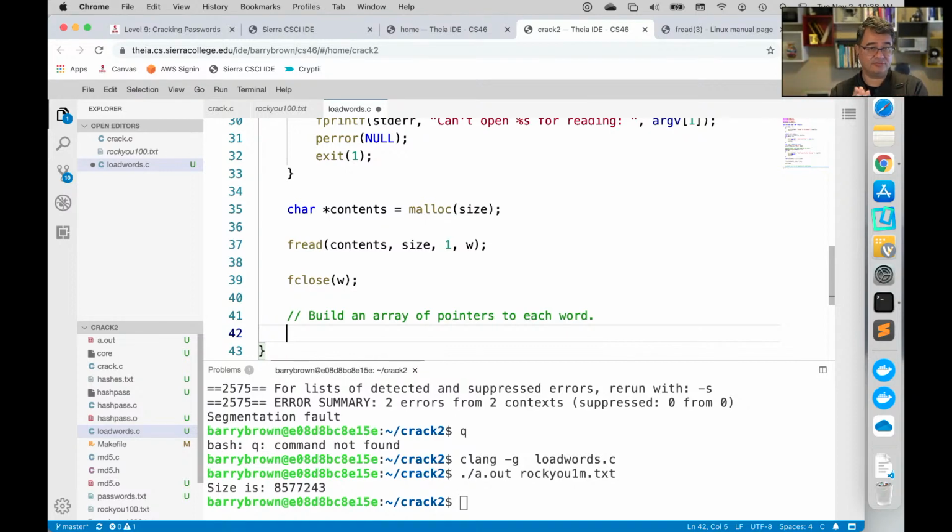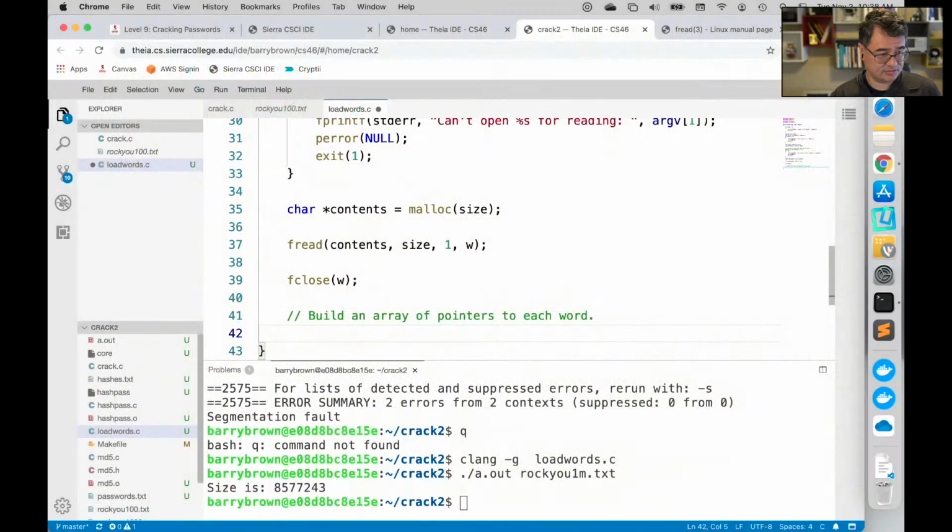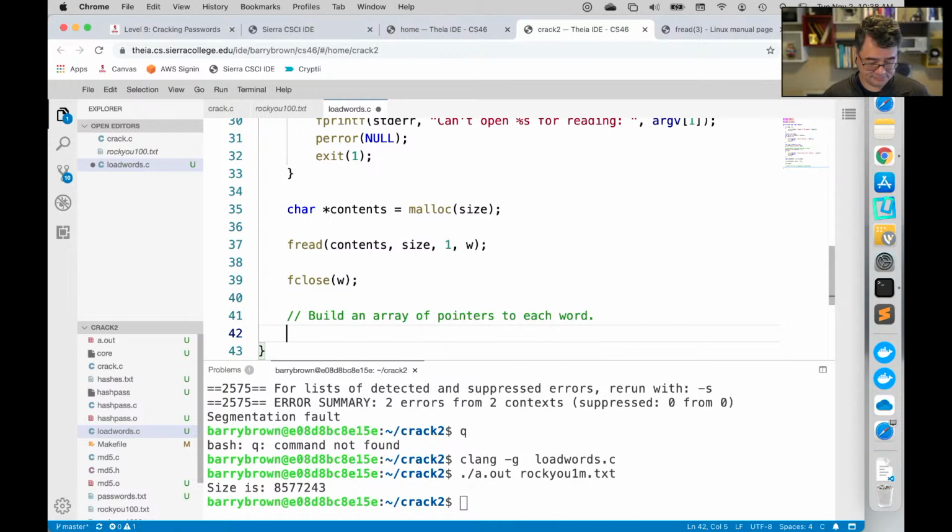Now we're going to walk through that array and start replacing all those new lines with null characters, and we're going to start building up this data structure to point to where each one of those things are.